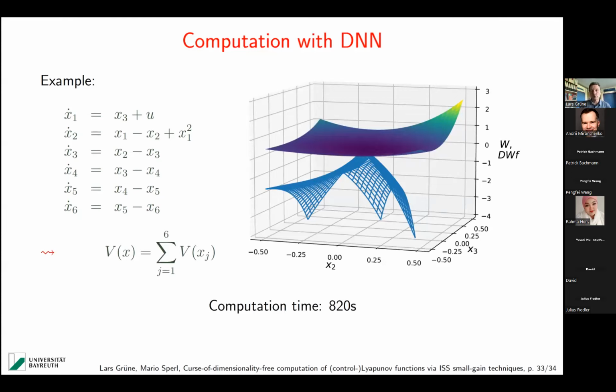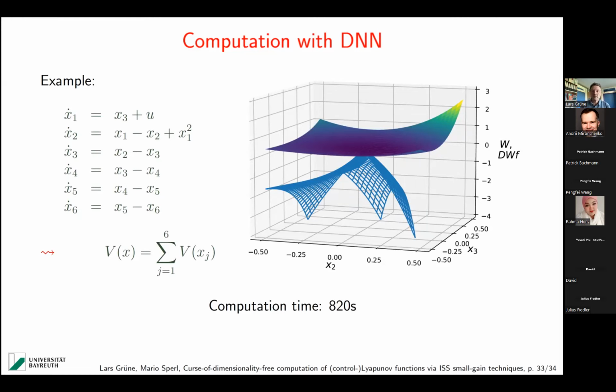This is again a projection of the resulting function. You see that now, due to the infimum, this derivative is not very smooth anymore, right? We have these kinks in there because we have these derivatives, but we see that it very nicely gives us what the Lyapunov function should look like. So yeah, this works too.